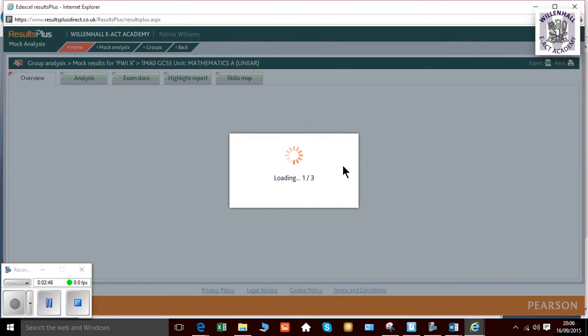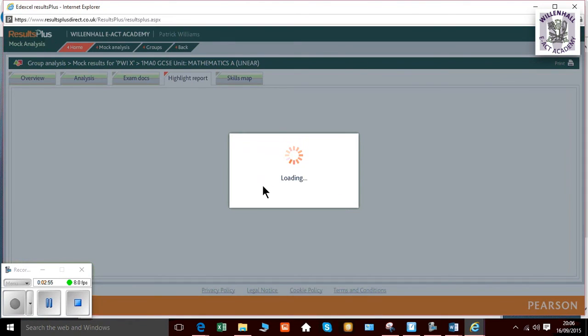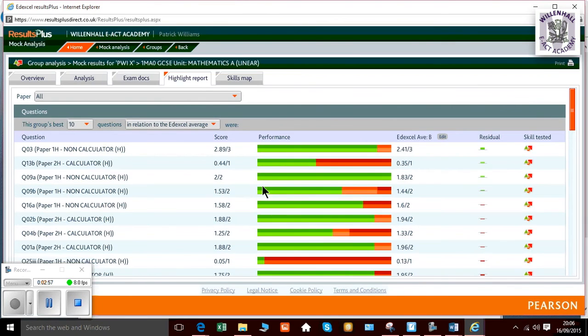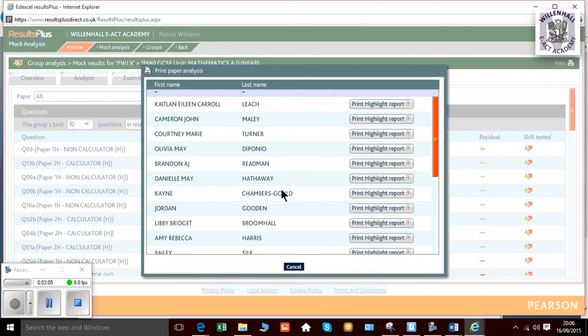Now if you want to print it out for every student in a group, you can do so. What you do is you go to the Highlight Report and the whole group stage, go to Print, and it gives you an option to print for all students in the group. Now there is no preview here. You press the button, then you press Print, and it's just an expensive way of doing it, but I think preview